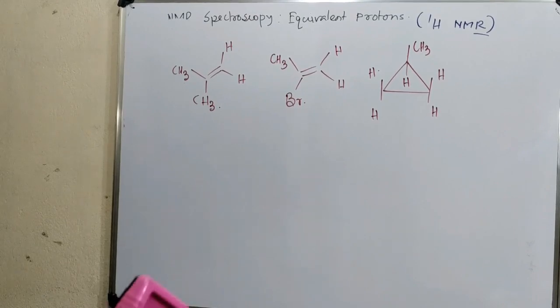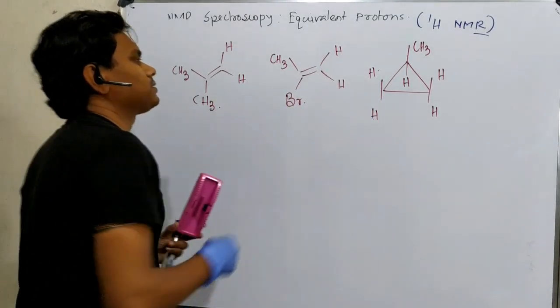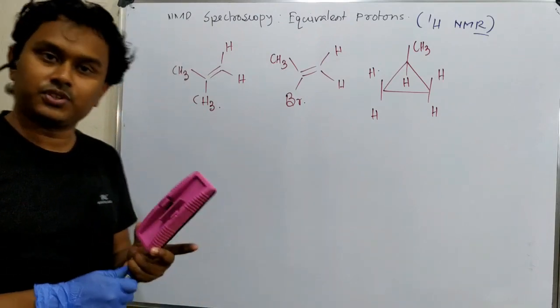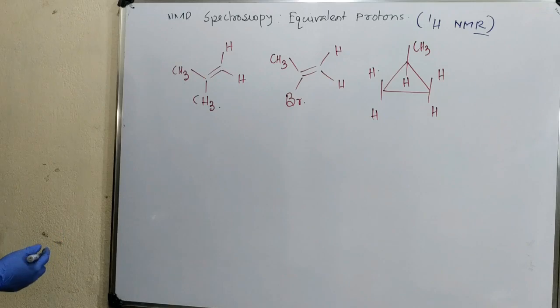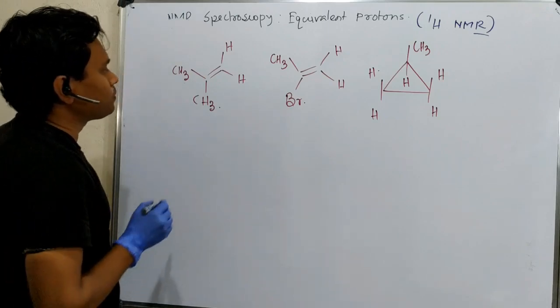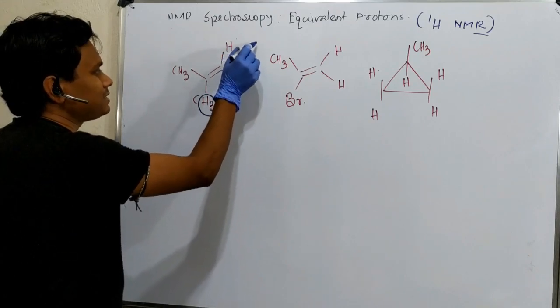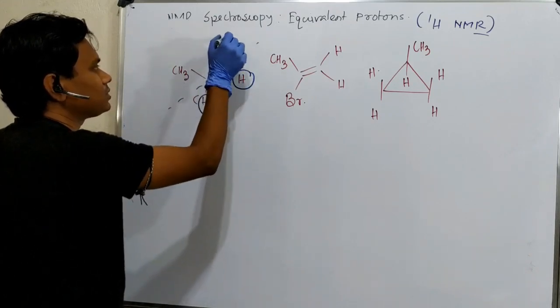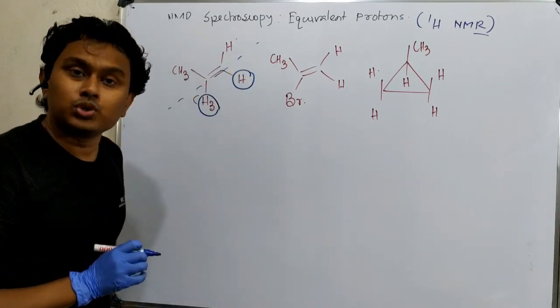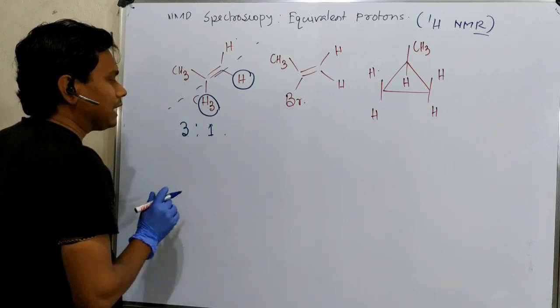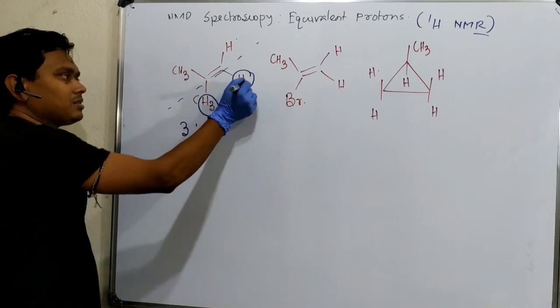Okay. Now see this NMR spectrum, this molecule. What is the difference in equivalent protons? If we think, you may consider that this molecule has 2 types of proton possible. One is CH3 type and one is hydrogen. Both sides are the same, so here 2 types of proton, ratio 3:1. Okay, so this is 3, this is 1.